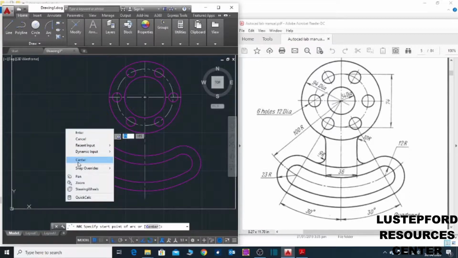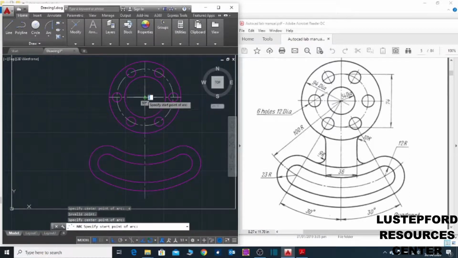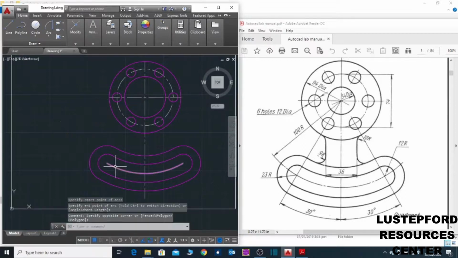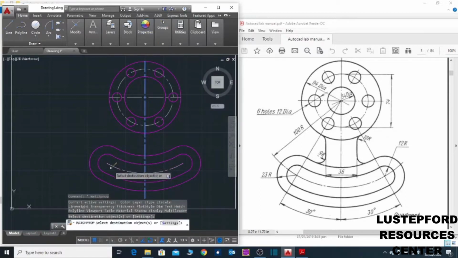Also right click and select center. Select this, and I'll select center. The auto is on. Let me remove it by clicking F8. So I'll right click, select this, match this one.